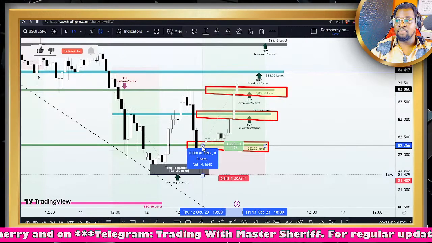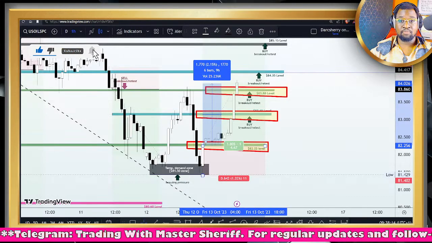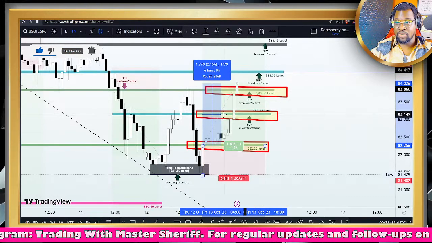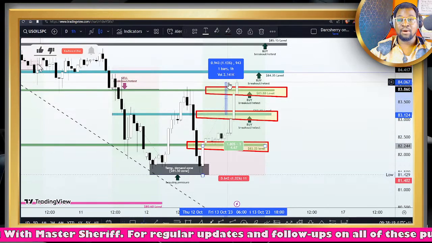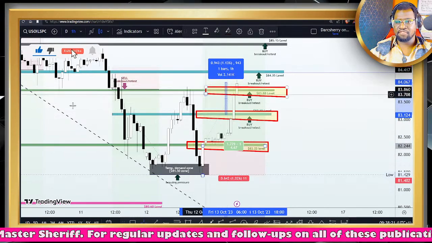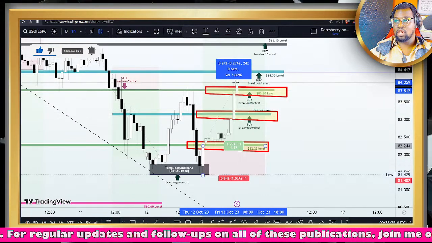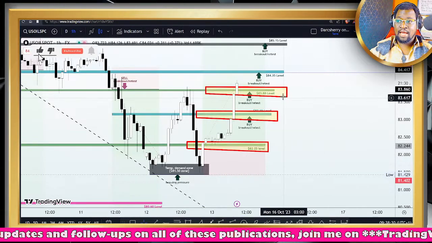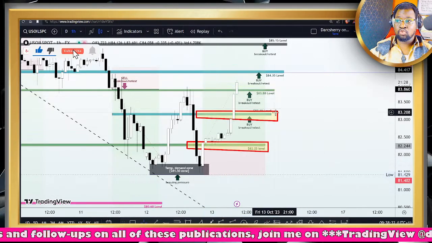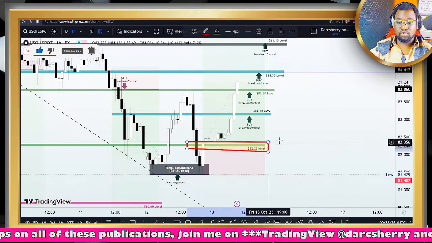And for those who had bought here, you will currently be having 170 pips in profit, while those who bought with me later this morning will currently be having about 95 pips in profit right now. And those who bought the third position here will currently be running with about 25 pips. So it has been a pretty good start to the Friday trading session as price continues to the upside.